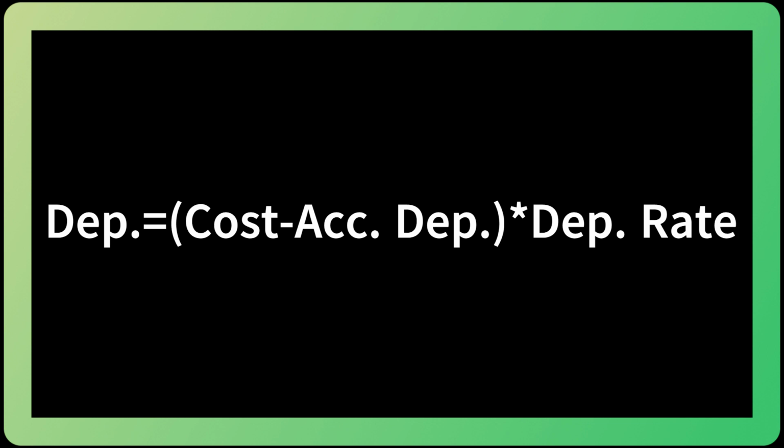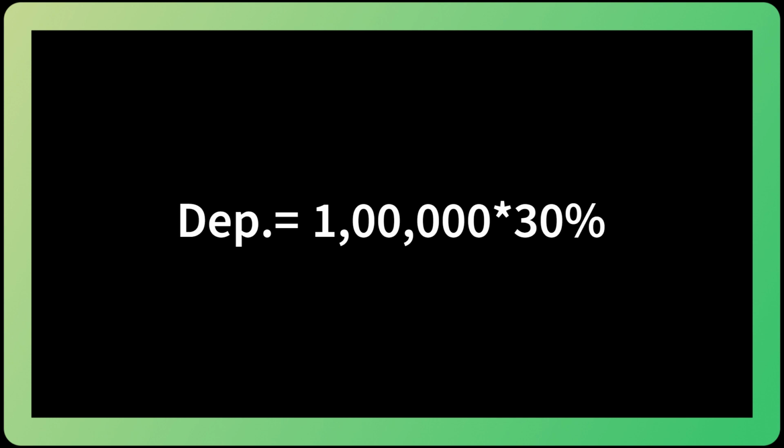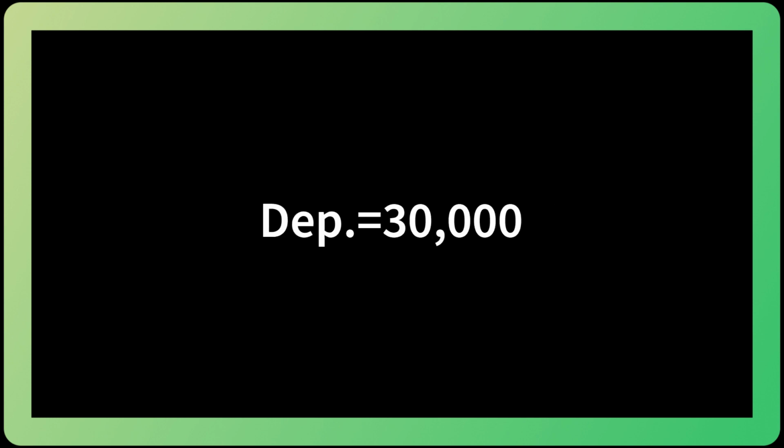rate. For example, if a company purchases a piece of equipment of 1 lakh rupees with a useful life of 8 years and a depreciation rate of 30%, the first-year depreciation expense will be 1 lakh rupees multiplied by 30% equals 30,000 rupees. In the second year, the remaining book value of the asset would be 1 lakh rupees minus